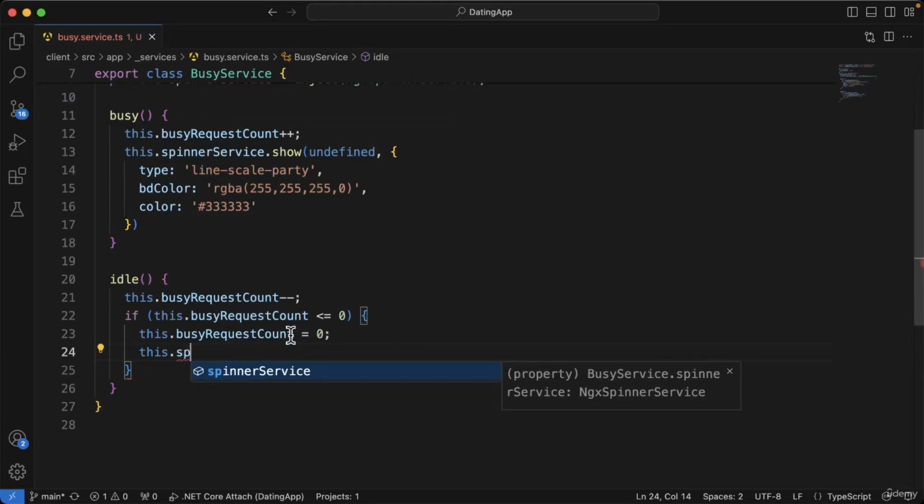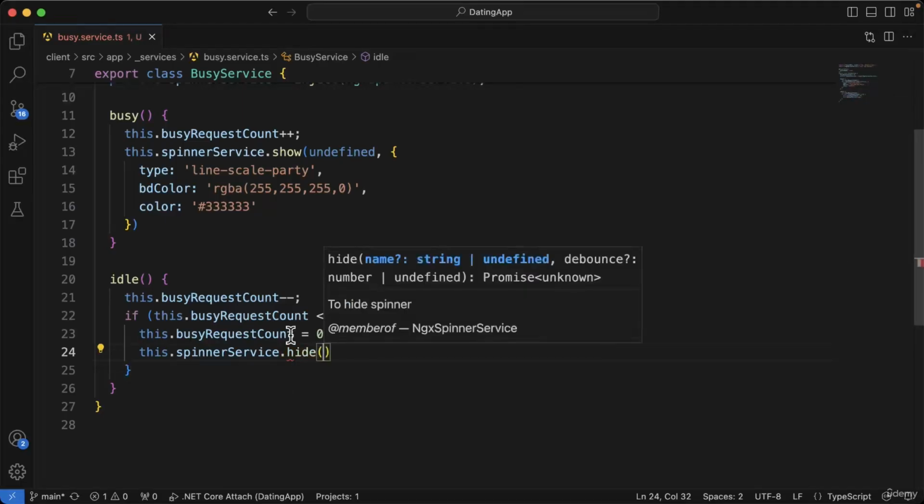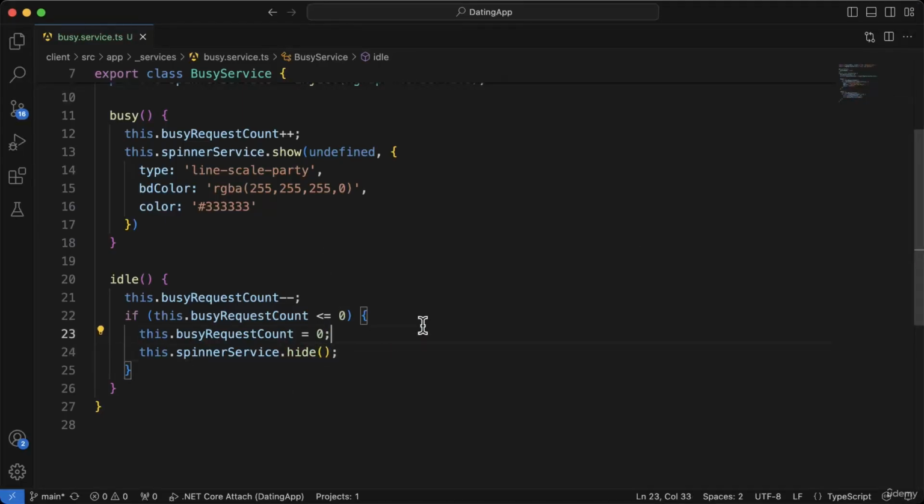And we'll say list.spinnerService.hide to hide the spinner. Now we're going to control all of this from an interceptor, as that gives us the opportunity, of course, to intercept the requests as they go out and when they come back. So that's an ideal place to have a kind of centralized loading spinner for every HTTP request that goes to